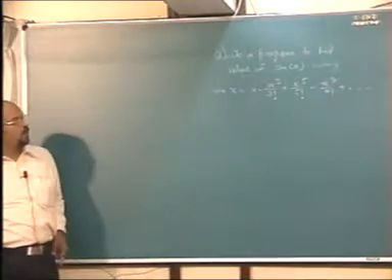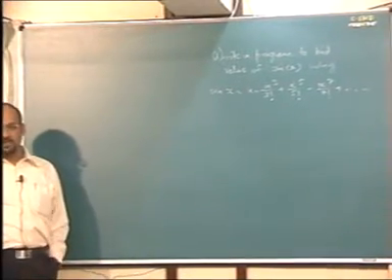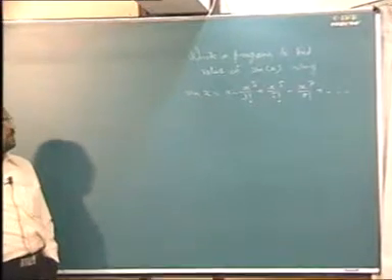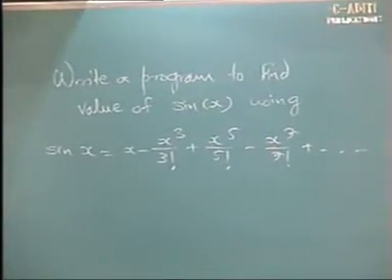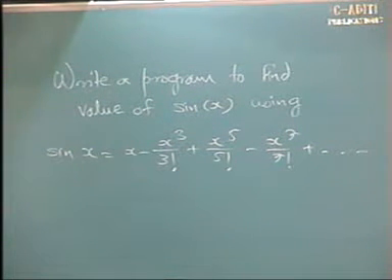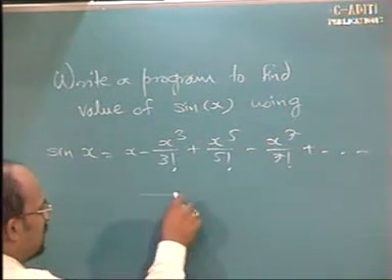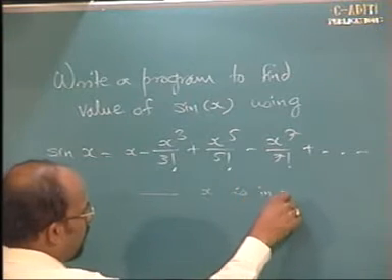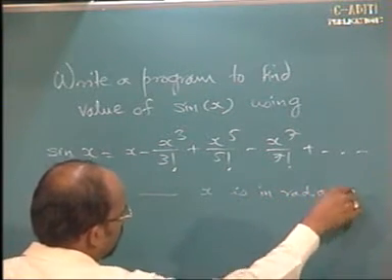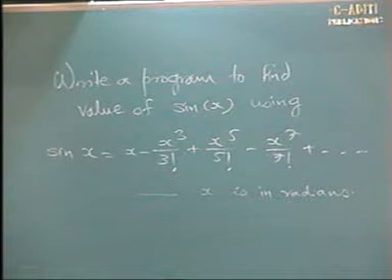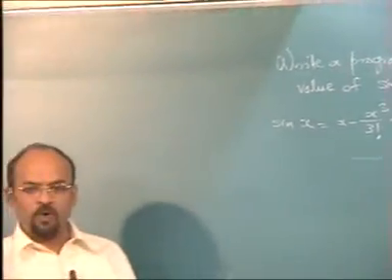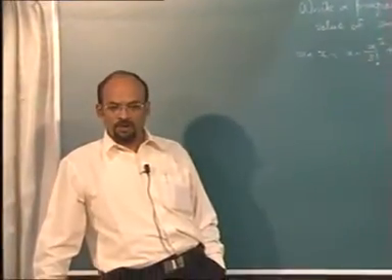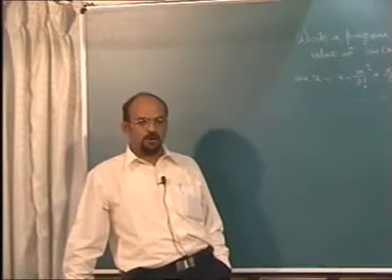Find the value of sin x using the series sin x is equal to x minus x cube upon 3 factorial plus x raised to 5 upon 5 factorial minus x raised to 7 upon 7 factorial, etc. Obviously, when you apply the series, x is in radians. X should be in radians. This was in flow with the problems that we were discussing last time, because we had written the loop for finding the power or a factorial, and here both the things are involved.